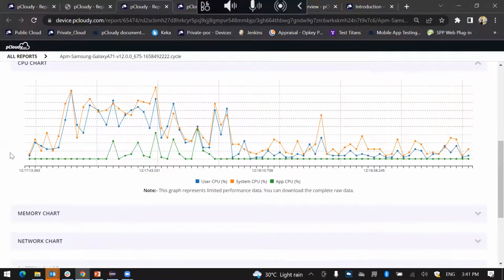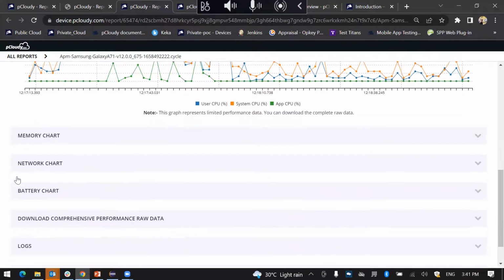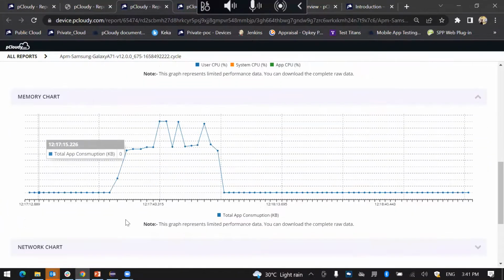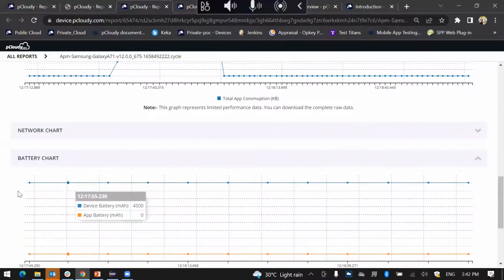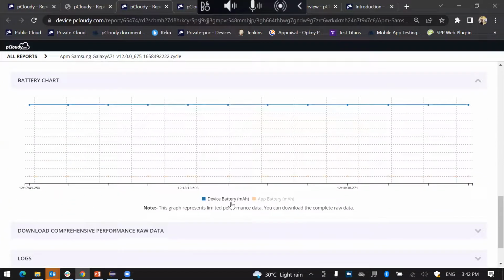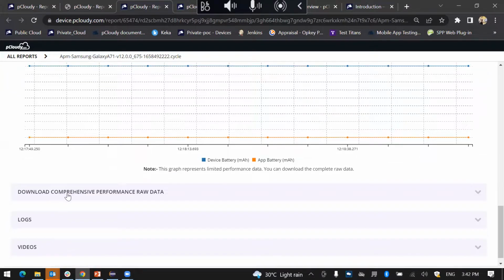So the CPU chart talks about the application consumption on the particular device, right? When it comes to the CPU chart, there's a memory consumption as well accordingly. There's a memory chart for the entire consumption of your RAM, followed by a network chart if there is any, and a battery chart, which talks about battery consumption of your application at the device level, app level, and then the raw